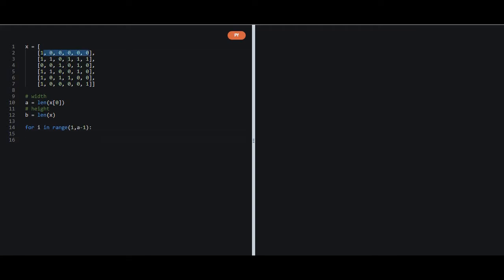So for the first row only we have to check for the bottom part, like we just have to check for the ones below it and not towards its left or right or above, because above there is no one, and also towards its left or right we know that if there is a one then it will obviously be a non-island, as we have already told. And for the right column we can check for ones towards their left, and for the left column we can check for ones towards their right, and for the last row we can check for the ones above them. So now, as I have already told, first let's loop.